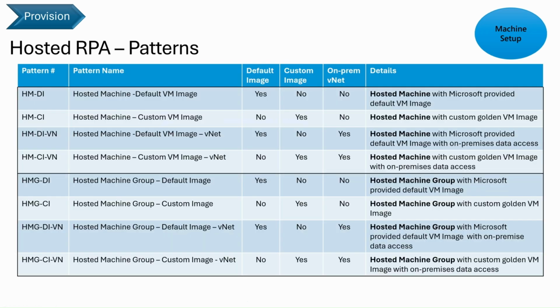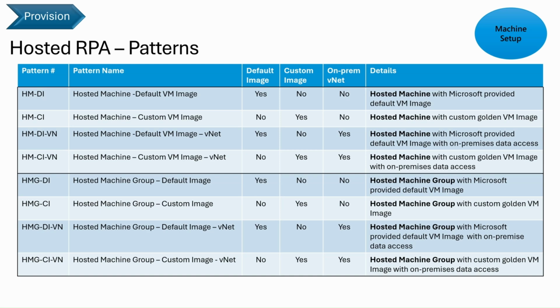Okay, let's look at some of the patterns that I have crafted for the hosted RPA in Microsoft Power Automate. The top 4 represent the hosted machine specific pattern. There are 3 different variations that you can think of for hosted machines as well as the hosted machine groups. It's the usage of the default image or the custom golden VM image that you can bring to the hosted RPA offering. And another aspect is enabling the VNet connection to allow for on-prem access for your applications as well